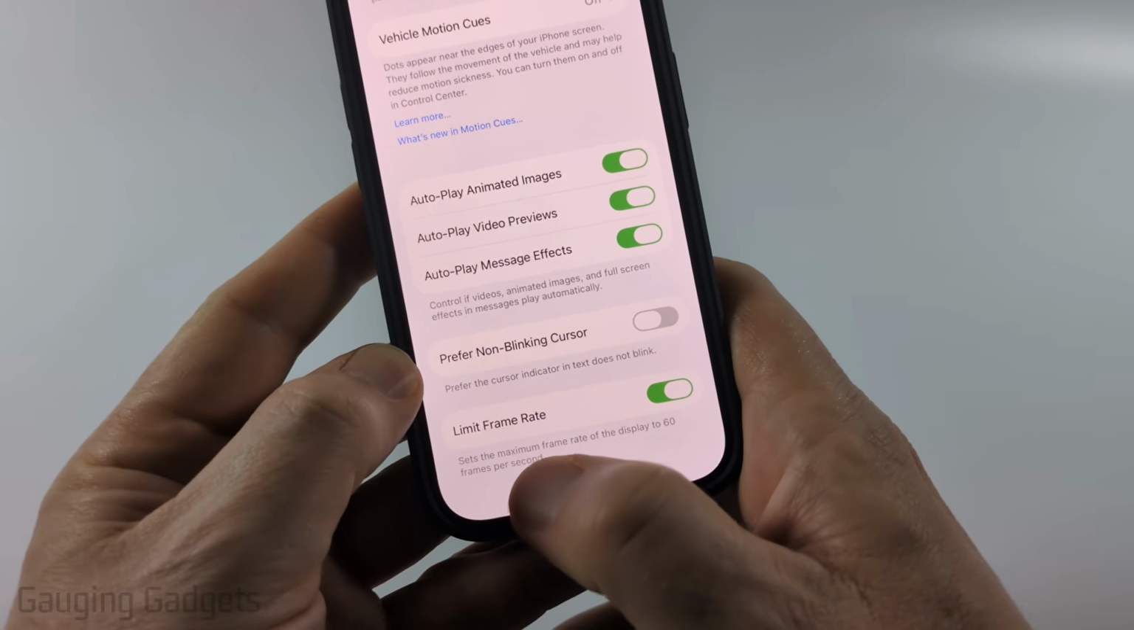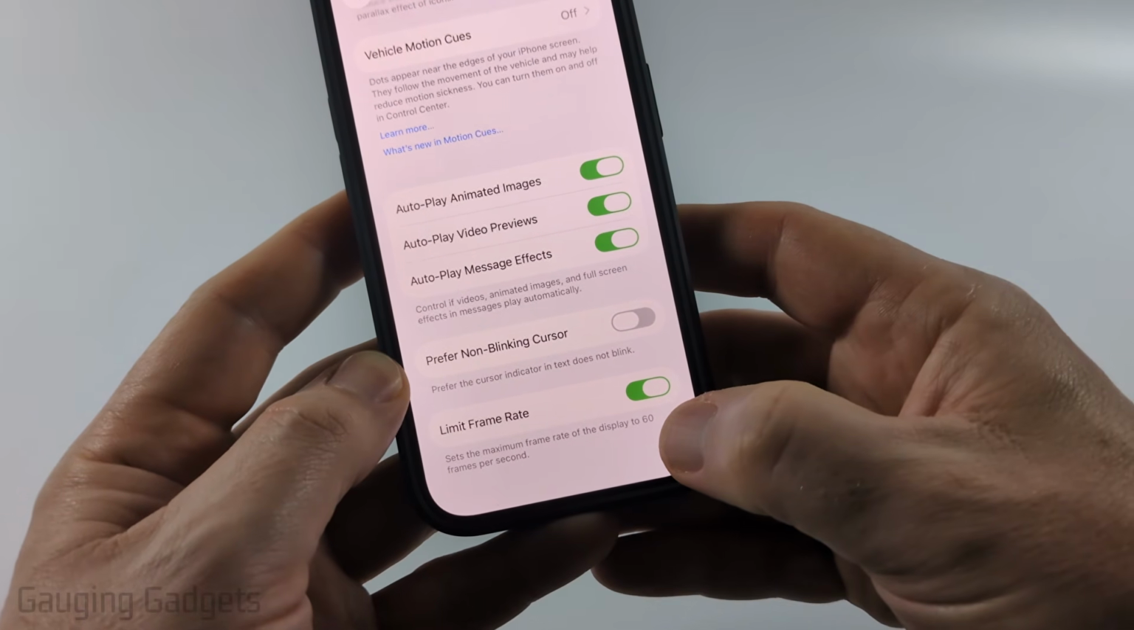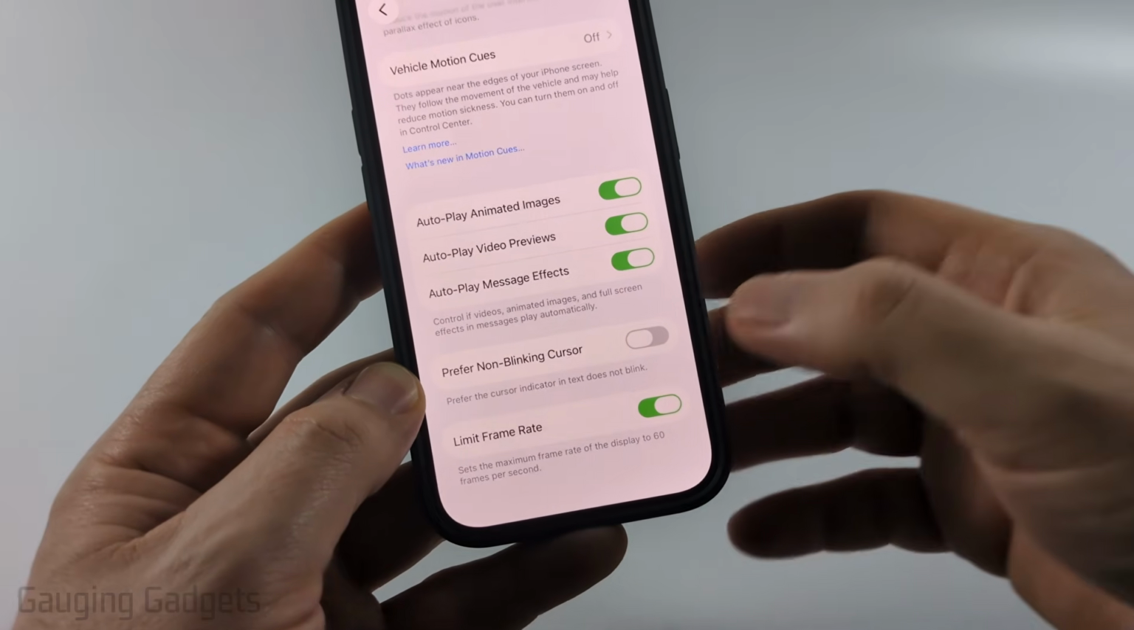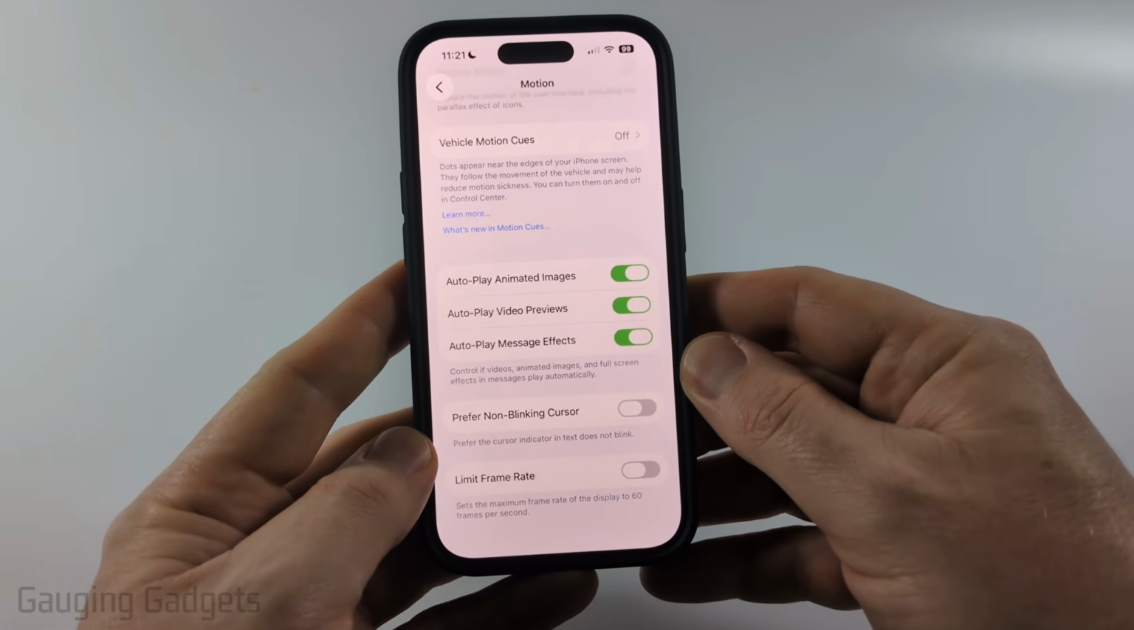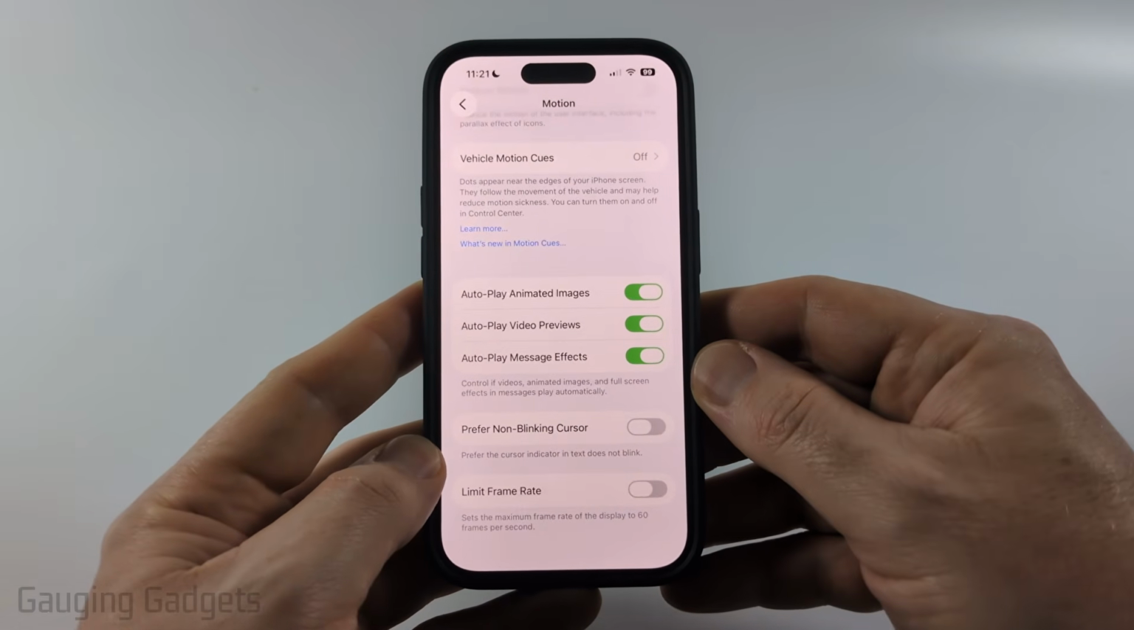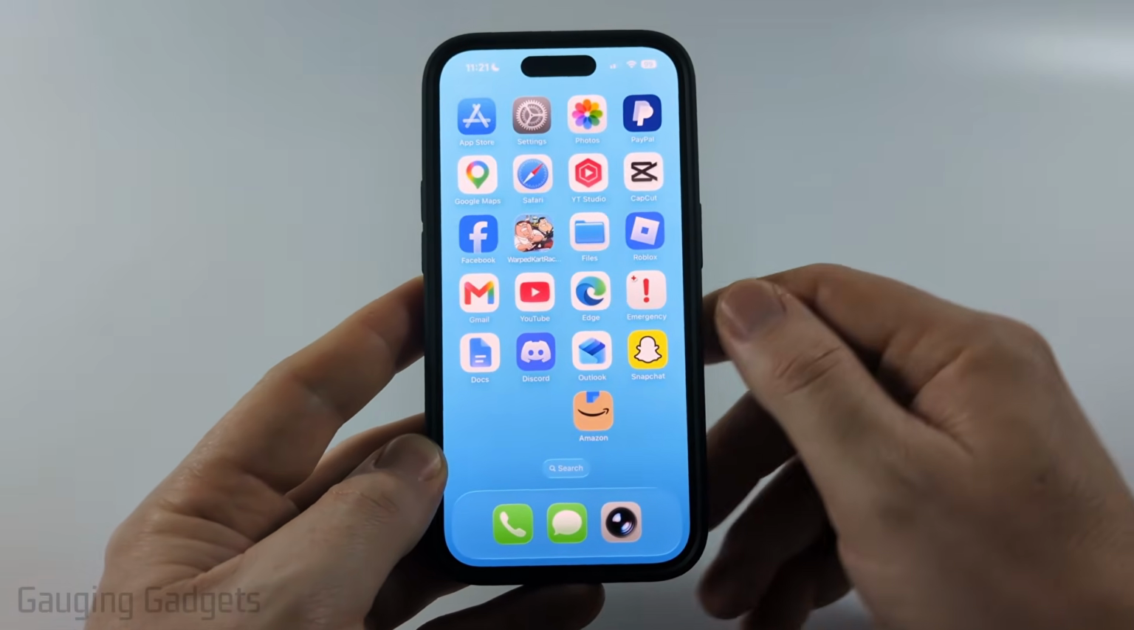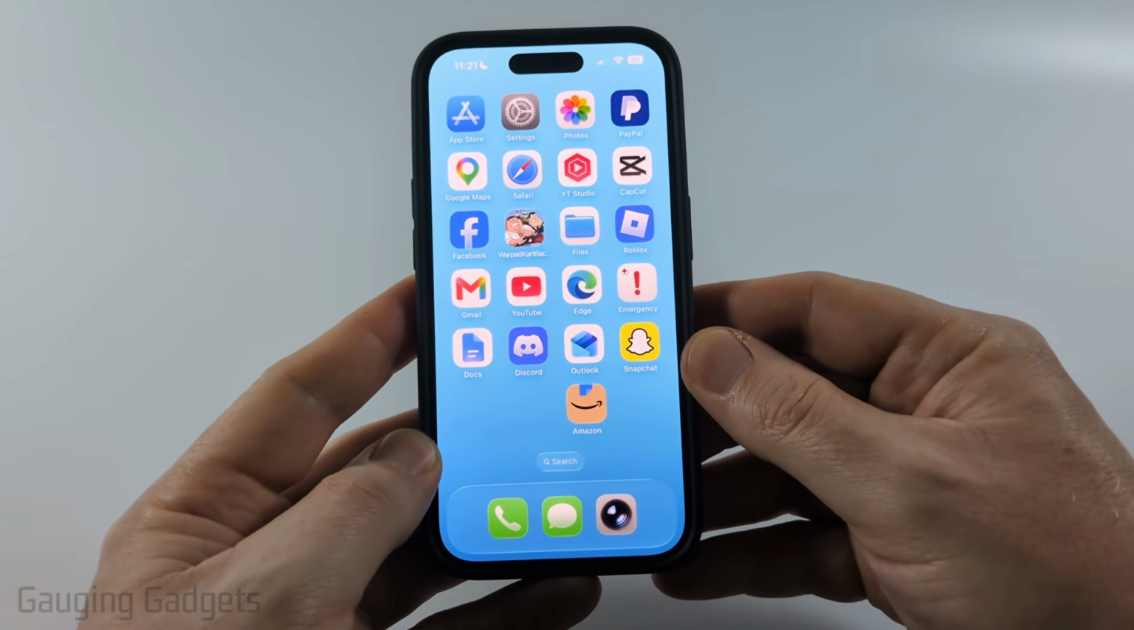And if you have limit frame rate turned on, then it's going to force it to stay at 60 frames per second. Now, if you turn that off, then it'll allow the phone to go up to 120 Hertz or 120 frames per second. So now you can close the settings and you have now activated 120 Hertz on your